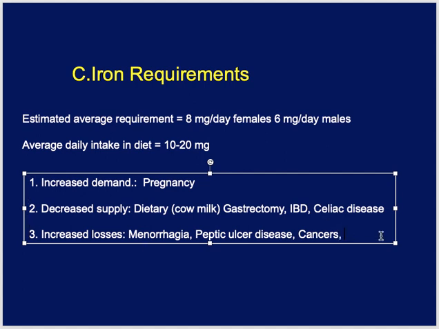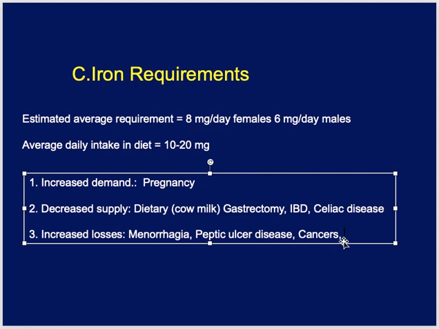That's the reason that when some adults come with iron deficiency anemia, one of the investigations we can do is colonoscopy, just to see their intestines, whether they have any carcinoma, or we can do a fecal occult blood test to check their feces for the presence of blood or not. This is an example of increased losses when someone is losing blood on a daily basis, and it can lead to iron deficiency anemia.